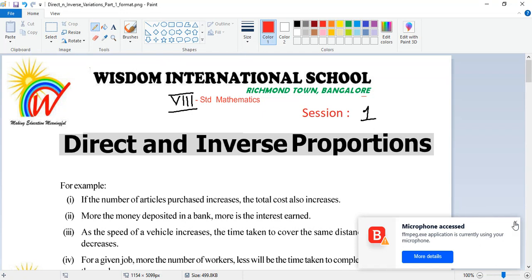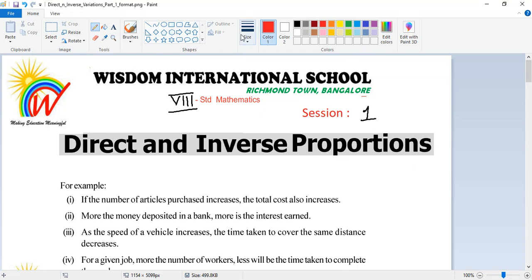So children, we are going to learn a new chapter today, that is direct and inverse proportions. It's a very simple, easy chapter. Okay. So now we have to first figure out what we mean by a direct proportion or an inverse